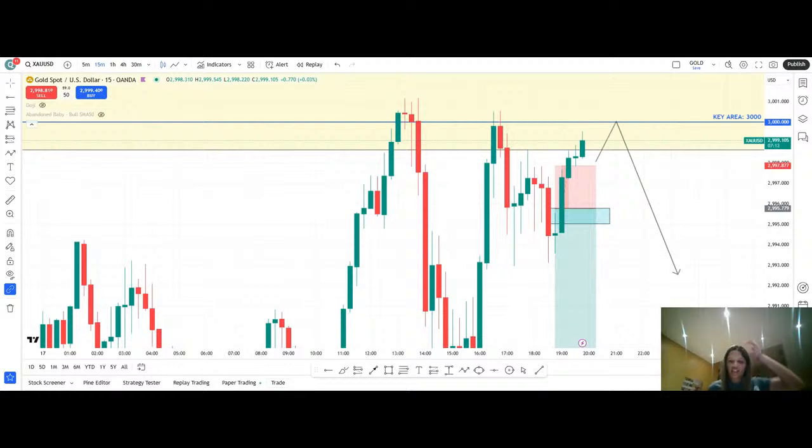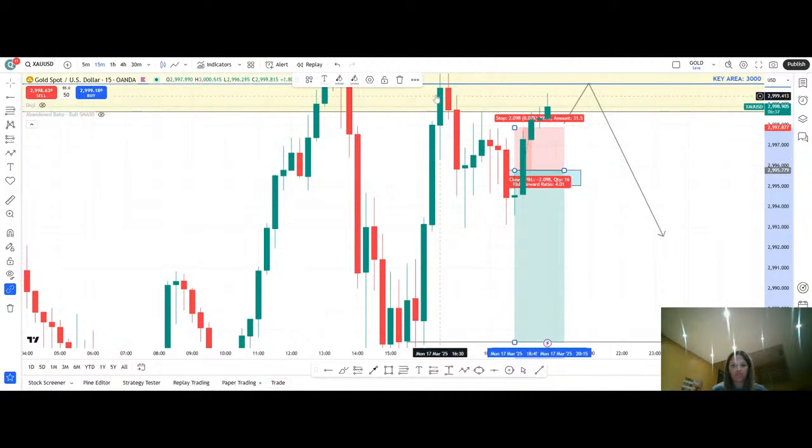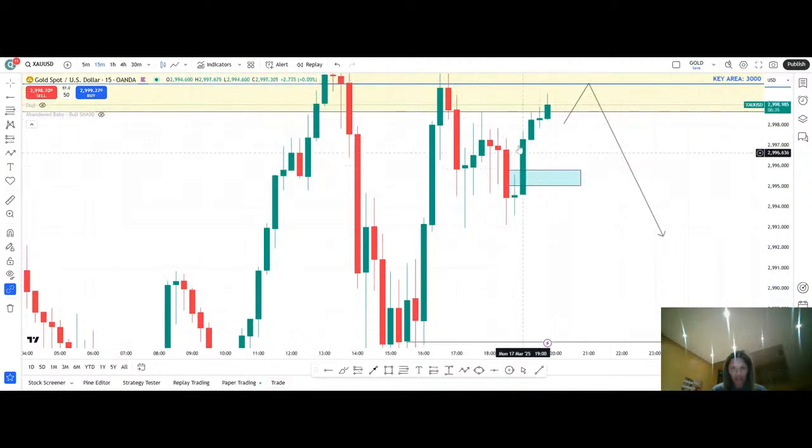It's funny how GBP USD is moving the same as gold. It's currently at the same consolidation area, not the same price level, but it's also in a consolidation. We've seen it moving strongly bullish since this morning, and now it's busy retesting my area where I thought it was going to come to. So yeah, the setup became invalid the moment that price